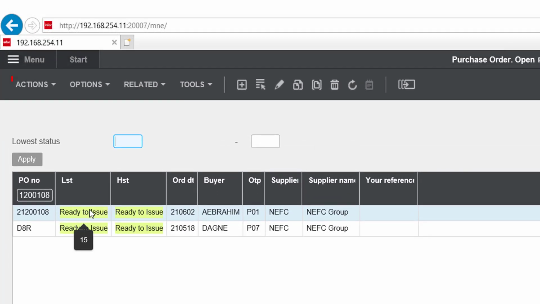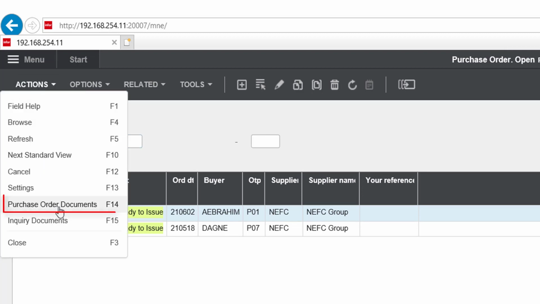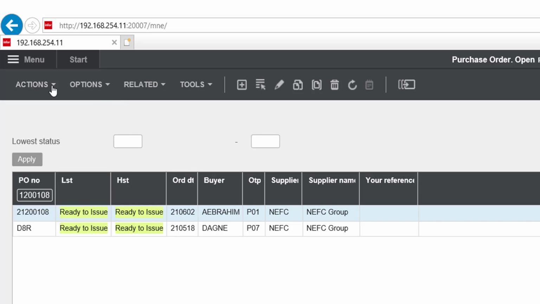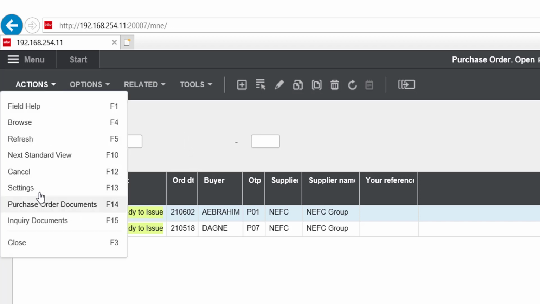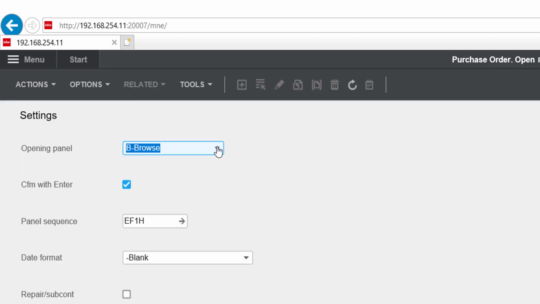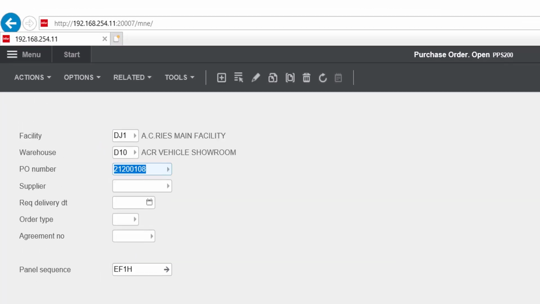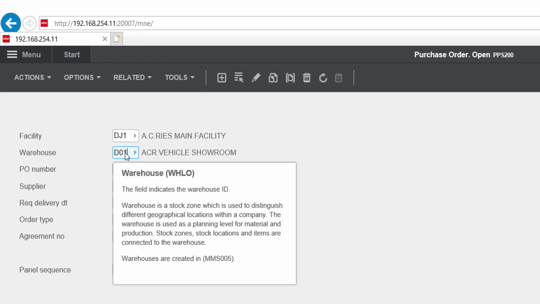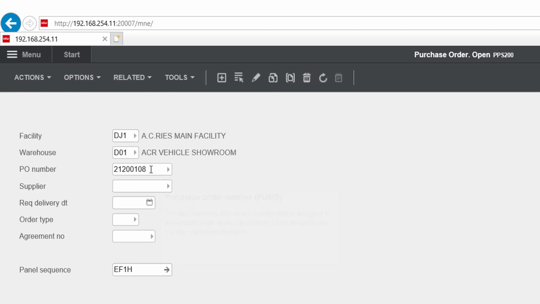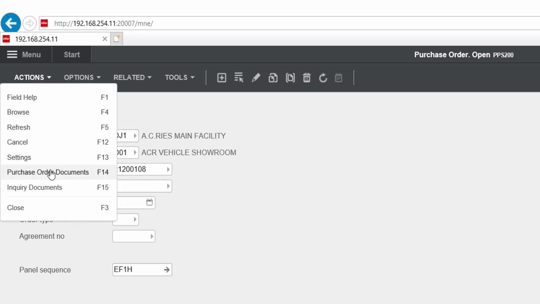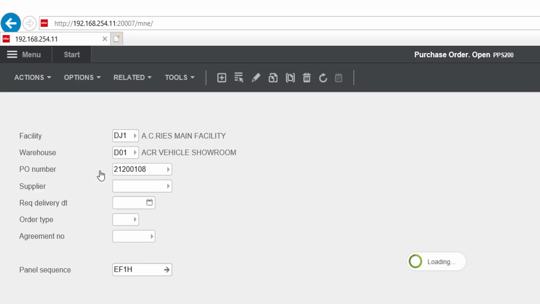Select the PO number, go to Action, then select Purchase Order Document, or go to Action, Settings, change the opening panel to Entry, change the warehouse to D01. This is the PO number. It's optional to specify the supplier. Now let's go to Action, Purchase Order Document. Select Purchase Order Document from Action